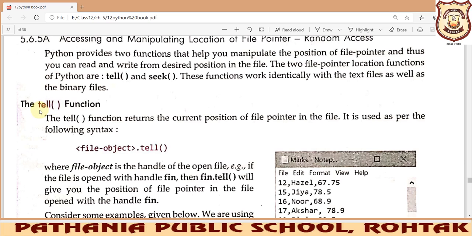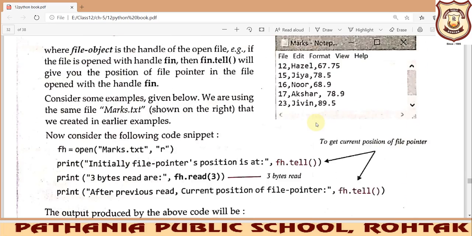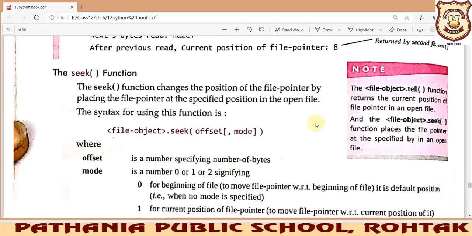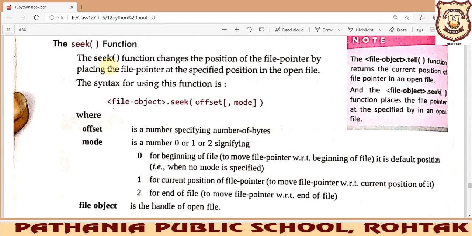One is the tell function, which will return the current position of the file pointer in the file, and another function that will help us in updating and moving to a particular location is the seek function. This seek function will change the position of the file pointer by placing it at a specified location. Like if I am at position number 10 and I want to move to position number 15, then seek will help us.